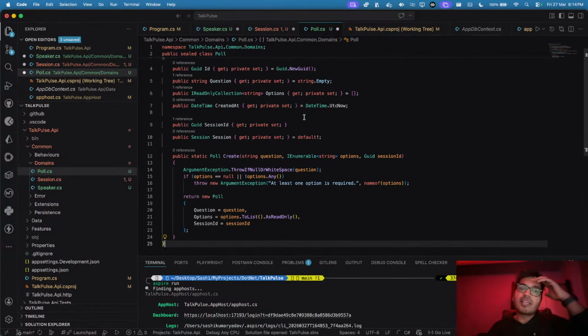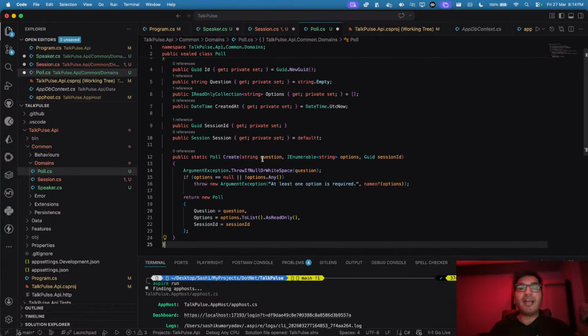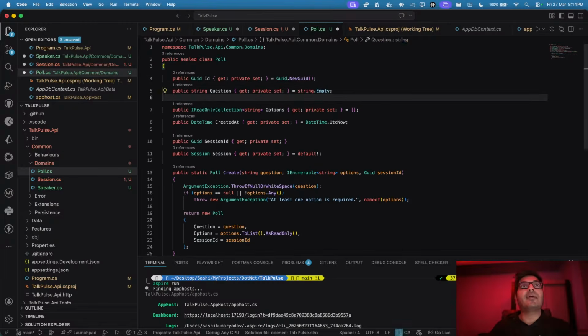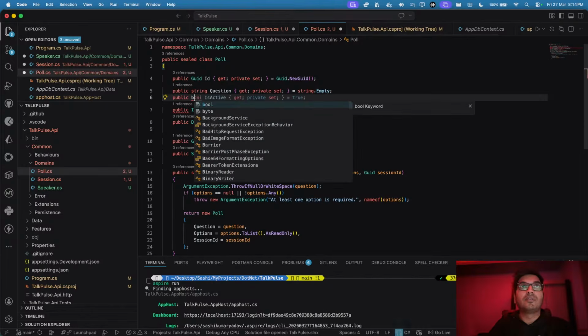AI started to understand what I am actually trying to build, and you see I get better and better results. These are some better results. This is what I was actually expecting. I was expecting an ID, which is poll ID, which is a Guid. We are expecting a question, which we can set as empty. We can also have something like, hey, if this poll is active or not. Maybe we can add that line. If it is already added, no, it is not added. So we can add one more, which is public bool IsActive,